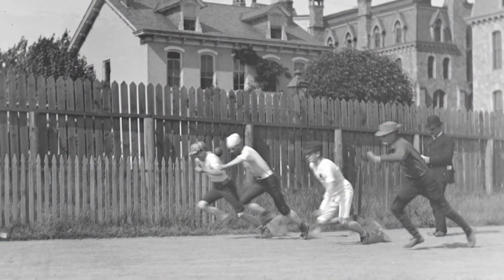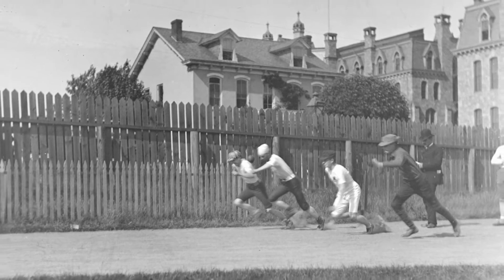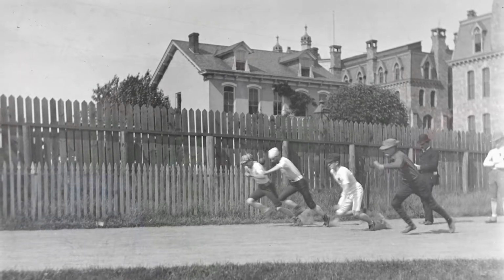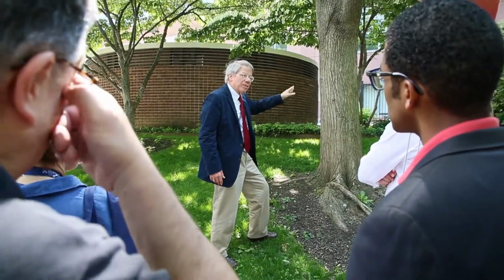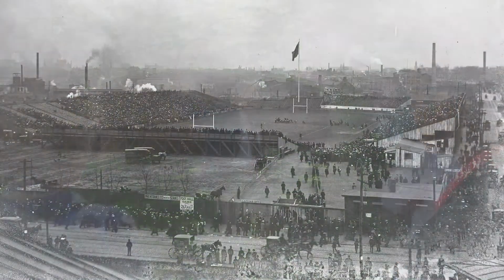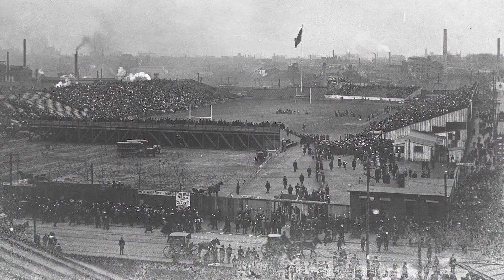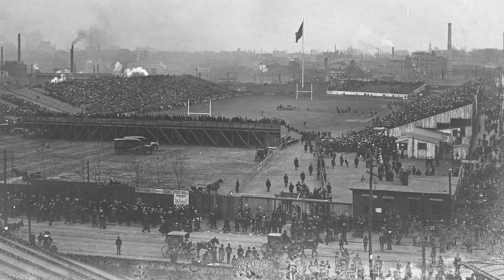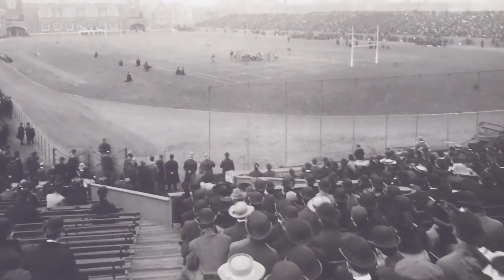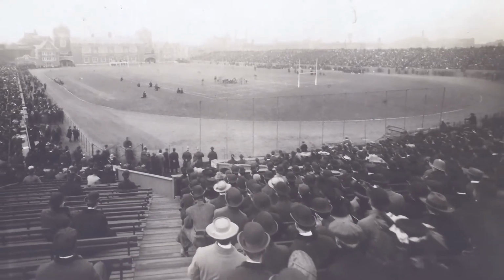Before the quadrangle dormitories, before the construction began, there was a dirt running track on the site of the quadrangle dormitories. When they began to build the quadrangle dormitories, they built here a wooden set of bleachers. You could call it the first Franklin Field on this site in 1894. In 1903, they tore that down and replaced it with the first Franklin Field and with Weightman Hall, the first